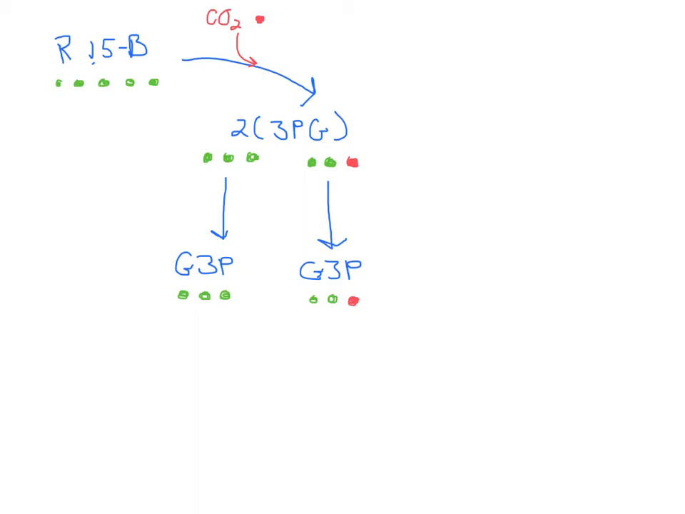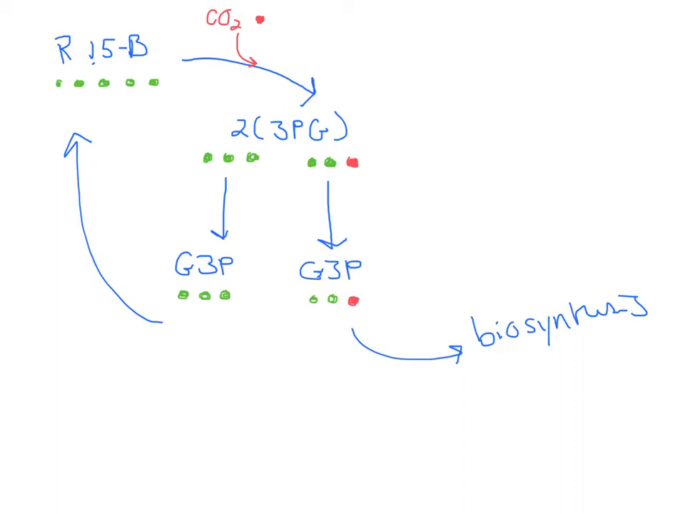And if you recall, one of two things can happen to a glyceraldehyde 3-phosphate. It can go off for biosynthesis, or it can be used to regenerate ribulose 1,5-bisphosphate. So the question is, how many turns of the Calvin cycle are required in order to produce one new molecule of glyceraldehyde 3-phosphate? And the answer is 3 turns, because this drawing that I have here represents 1 turn, and